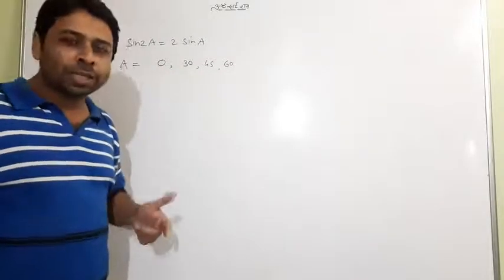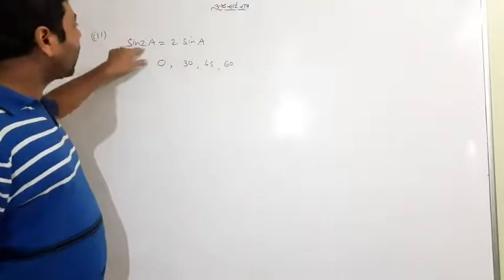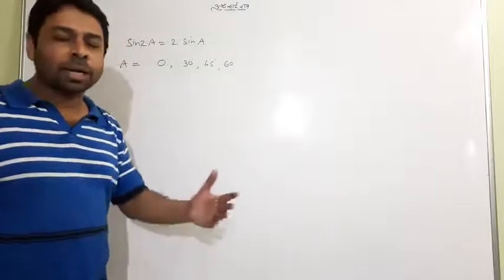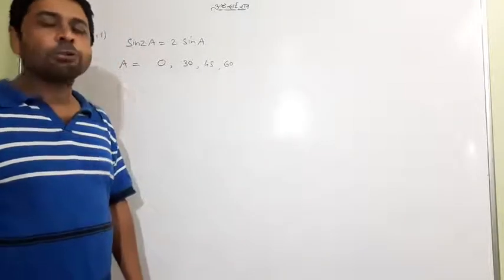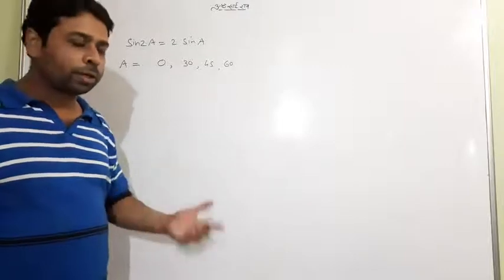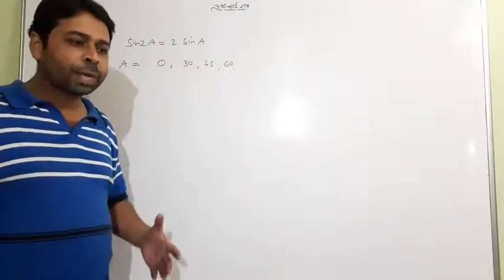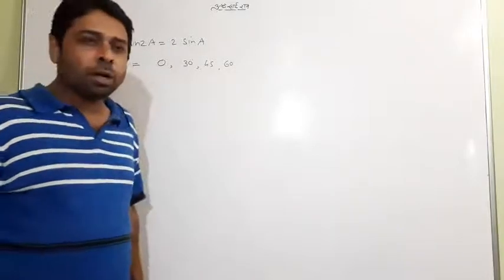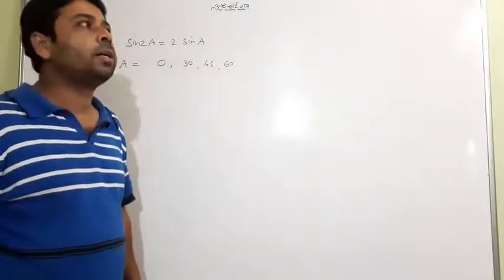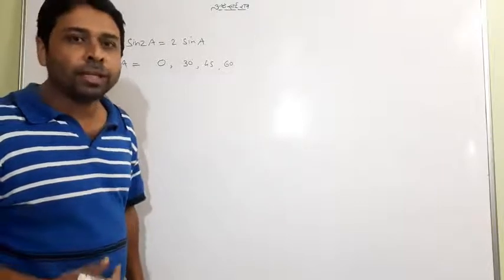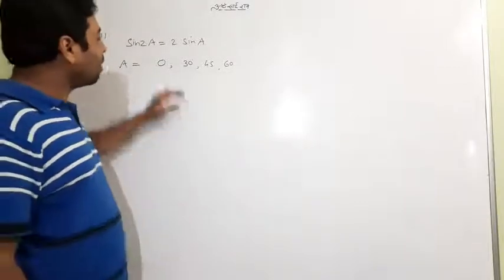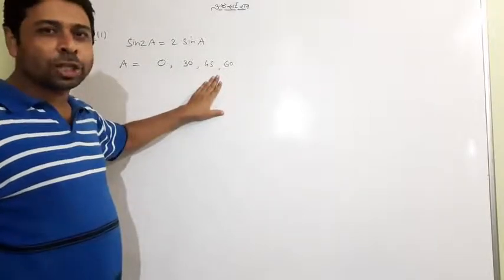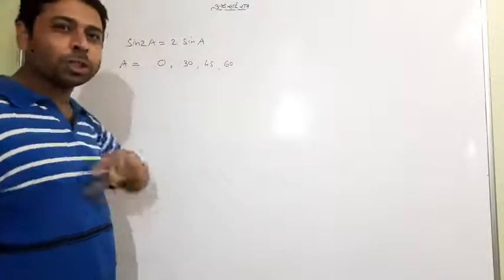As far as the solution is concerned, sine 2A is something like a formula of class 11th. This year these kinds of formulas are not in the syllabus. But we want to solve it and find the answer. Whenever an objective type question comes, one trick must be with you: checking the answers against the question. So this time the answer is important. One by one, check your options with the question. This is a simple trick.